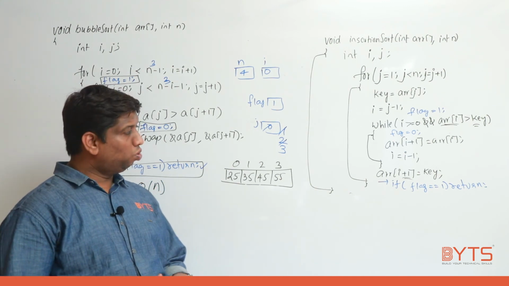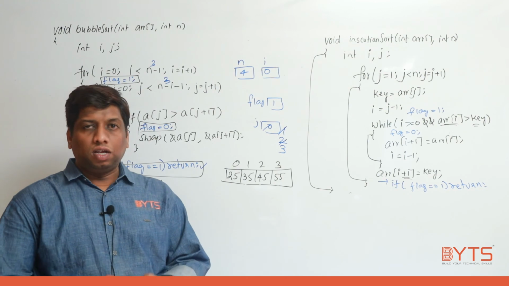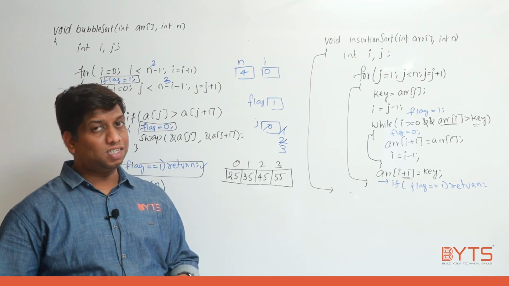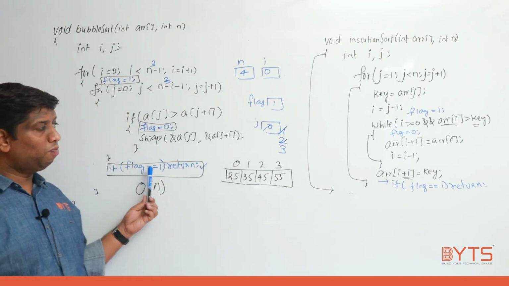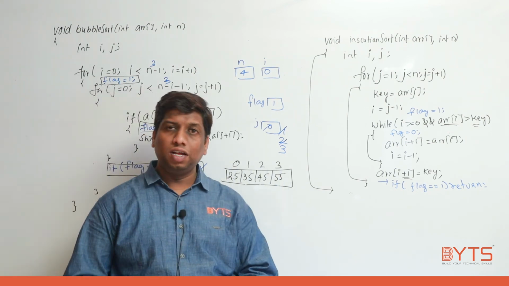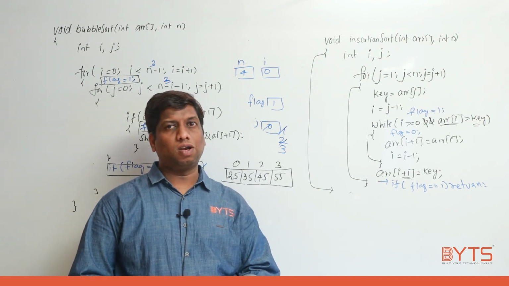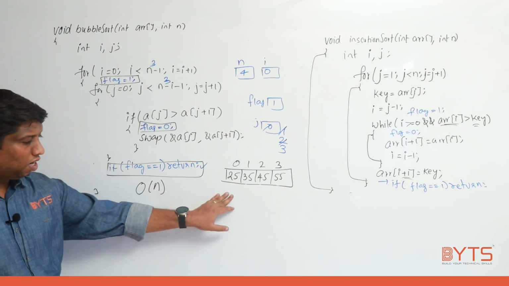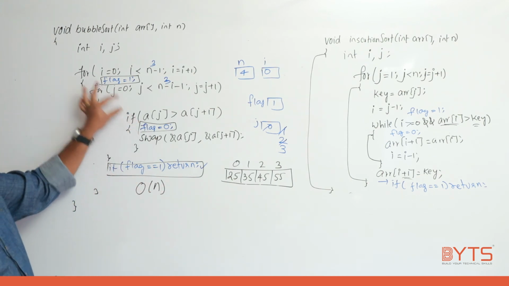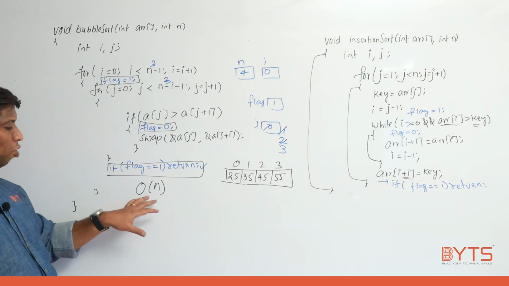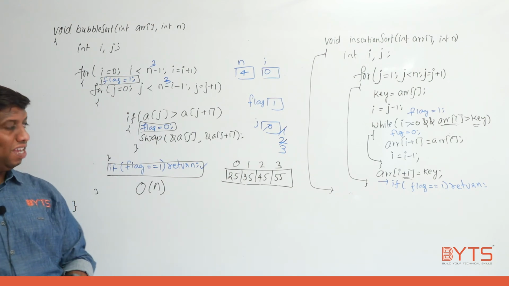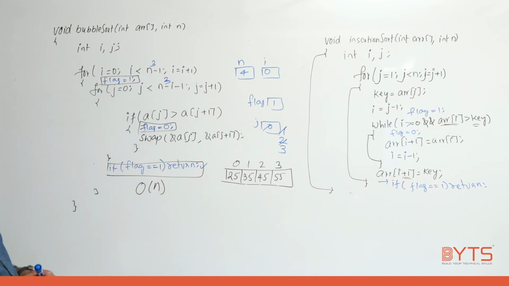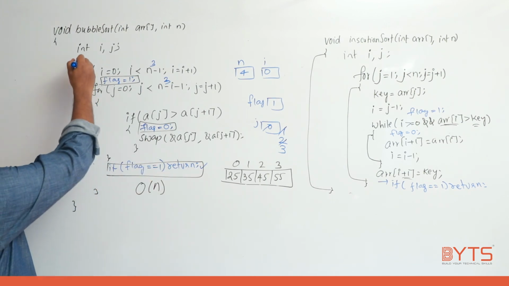Okay, fine. So very important point this is, whenever the array is already sorted, that provision is checked only in the bubble sort, but that provision I am not able to check in the insertion sort or any other sorting technique. Okay, I hope this is very clear. So if the array is already sorted, and if you are adding these 3 lines, then the time complexity of the bubble sort will be what? O of n, and that provision you are not able to get in the insertion sort. Fine. Now I'll take one variable here, what? Flag.